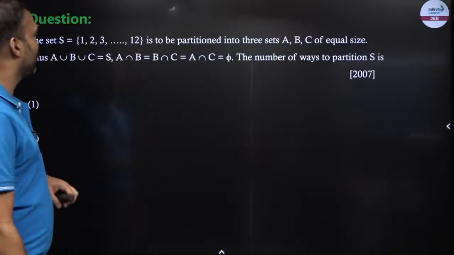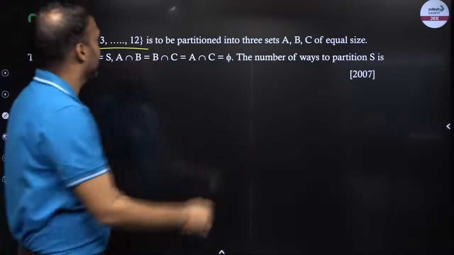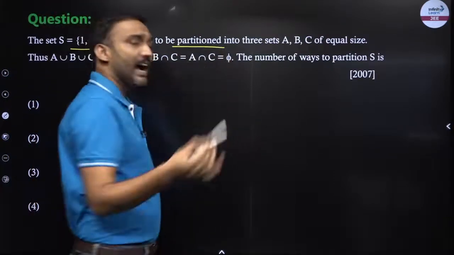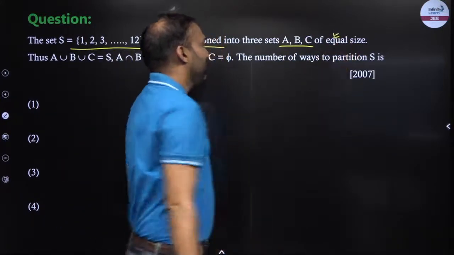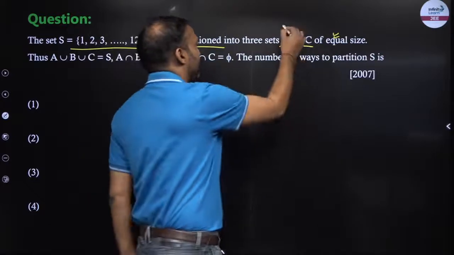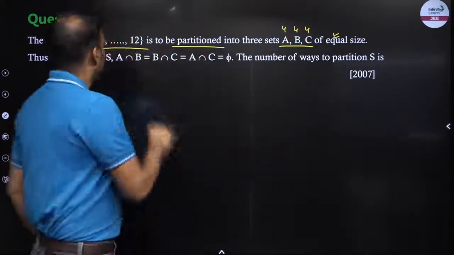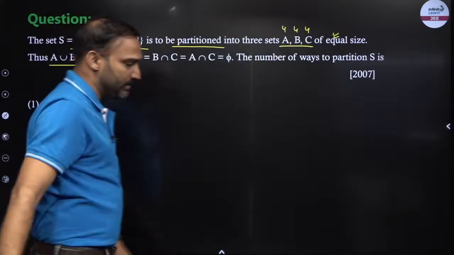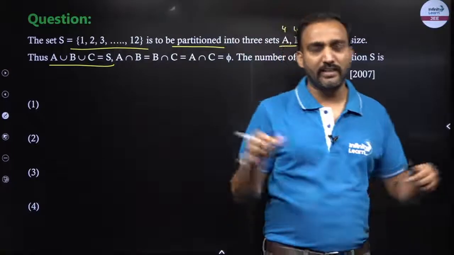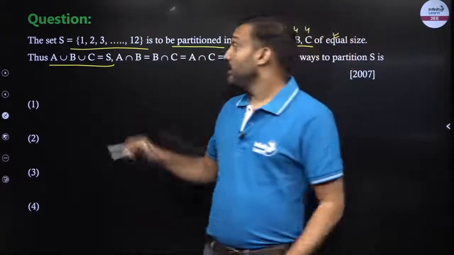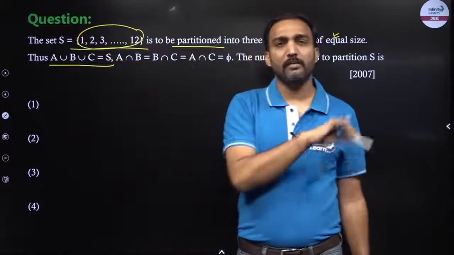Now, the next question, I have a set S which has 12 elements. I have to partition, divide this into 3 sets of equal size. So 3 sets of equal size means each one of them will have 4, right? Now A union B union C is equal to S. So all the elements that go in A, B and C, if I take the union, it becomes S. So in short, all these 12 elements will either be in A or in B or